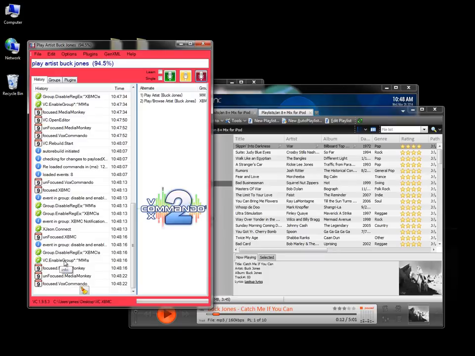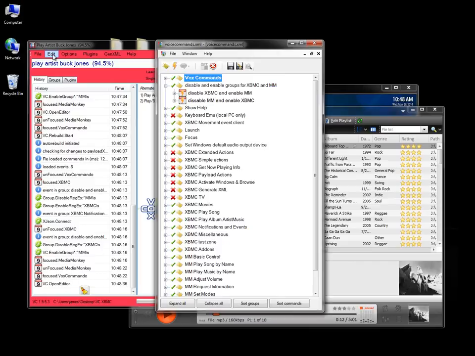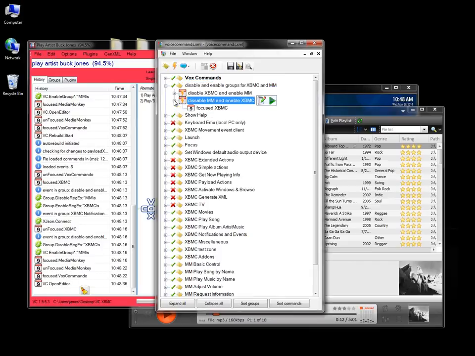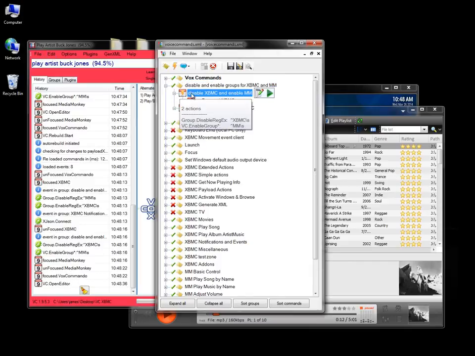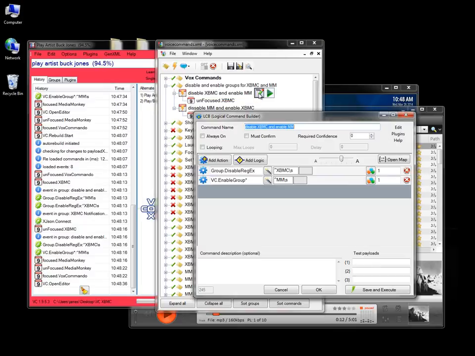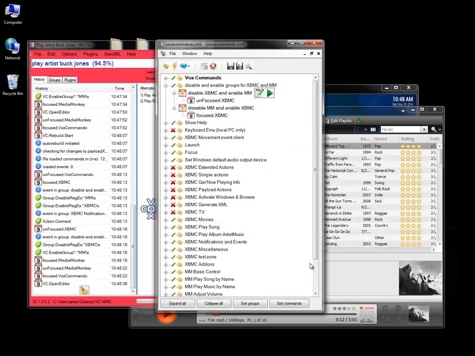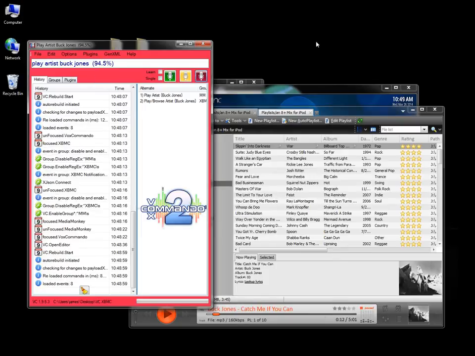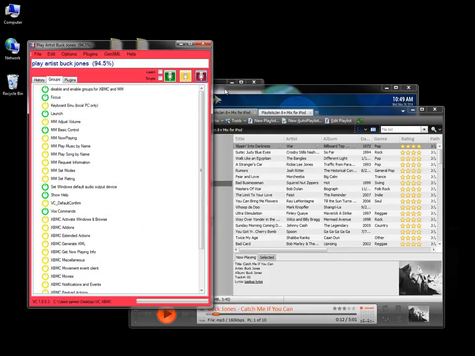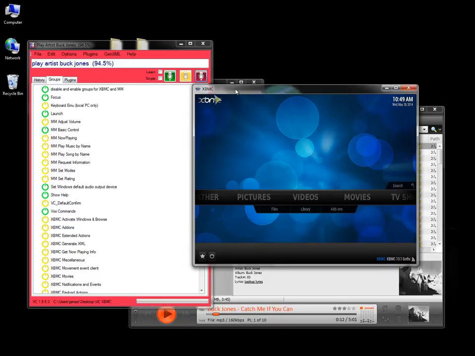Oh, I must have, when I was editing my command, I did make a mistake. This is not the correct one. I was using group regex. All right, XBMC,